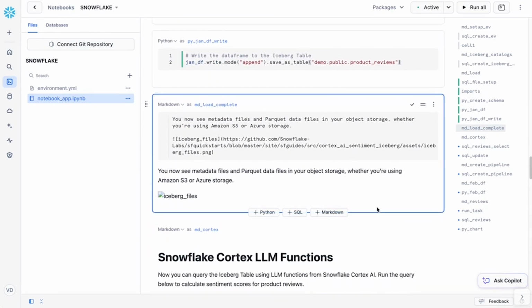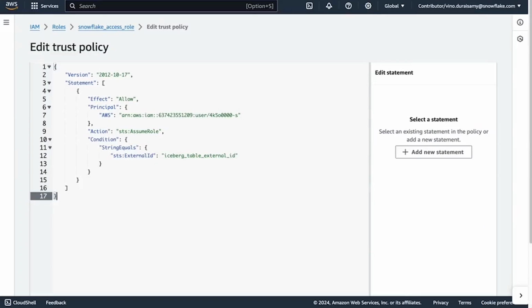Now, another interesting thing is that we may be actually able to see all these files, right? Because we wrote it into an Iceberg table. The actual data is going to be in your S3 bucket. So when you go to S3,